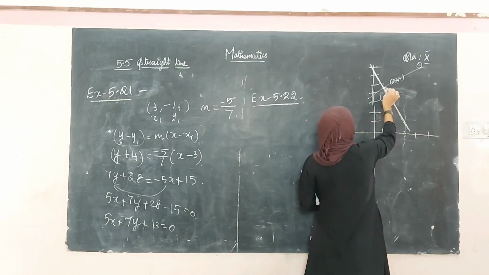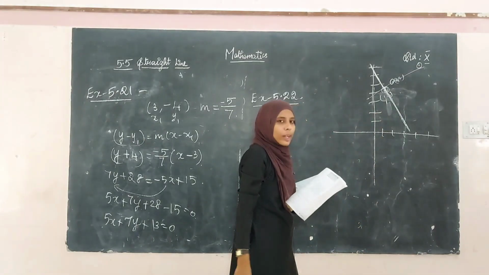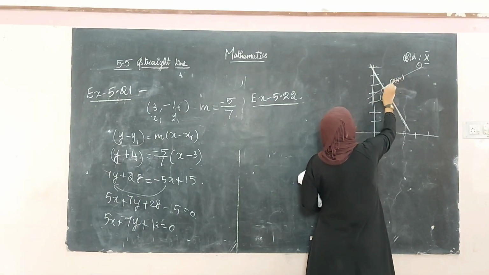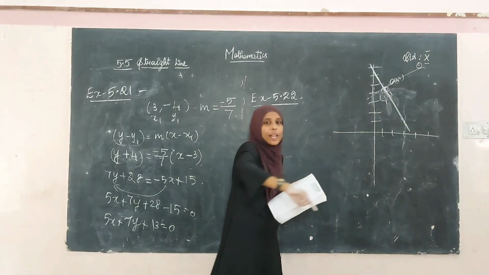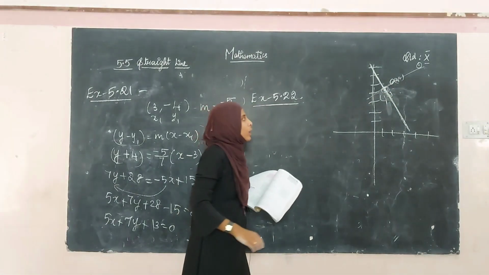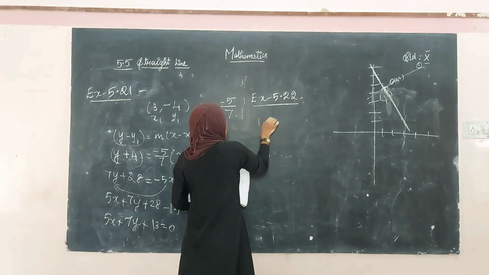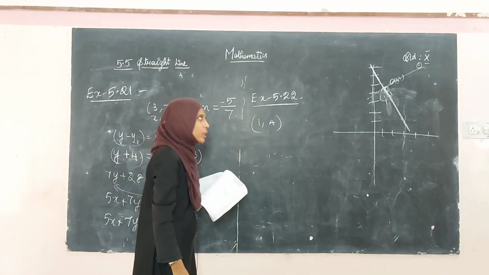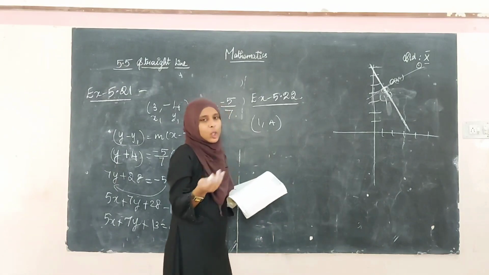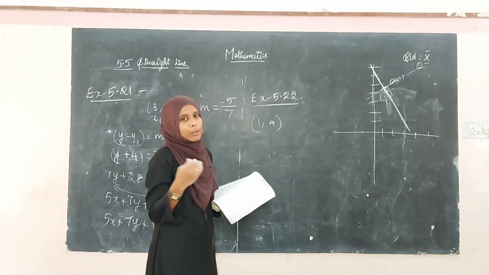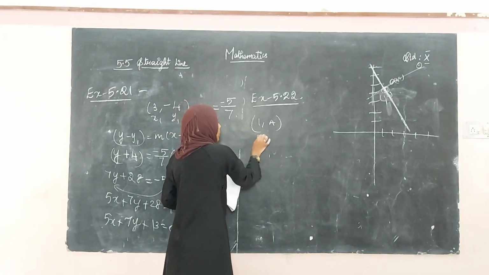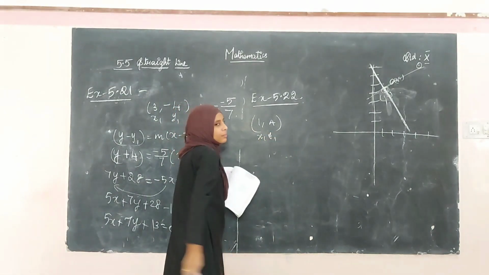Okay, and a point was given on the straight line. What is the point? It is 1, 4. And at that point there is another straight line which is perpendicular to the straight line we have to find. Okay, so we have to find the slope. If we know the slope, using the point slope form you can use y minus y1 equal to m into x minus x1. We know one point. Keep it as x1, y1.